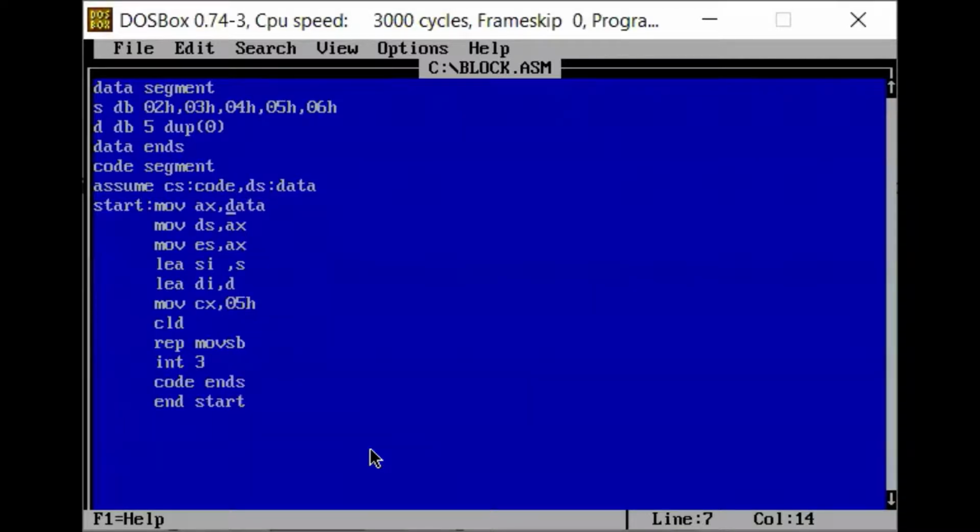And then we move the data segment address to the AX register, and then the AX register contents go to the data segment register, which means we have transferred the data segment address to the data segment register. Later we have moved the contents of the AX register into the ES register.